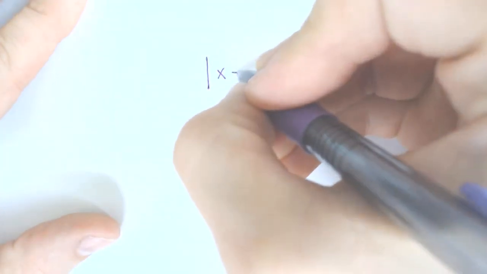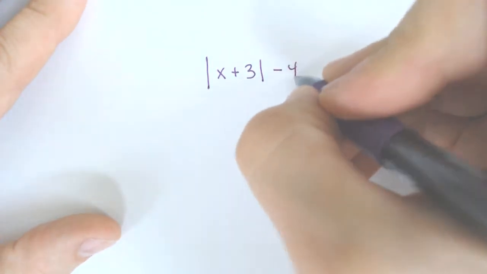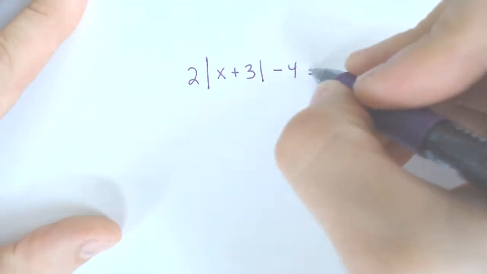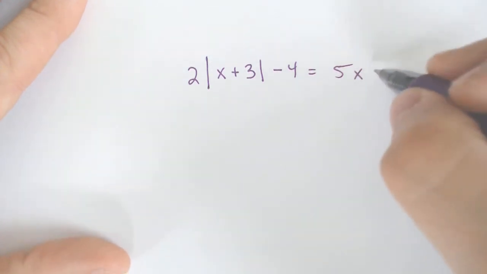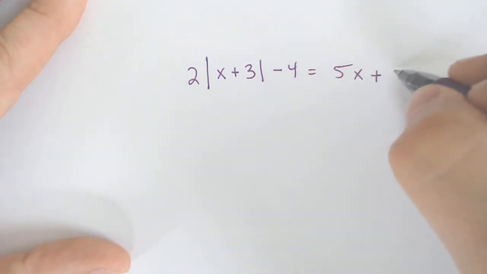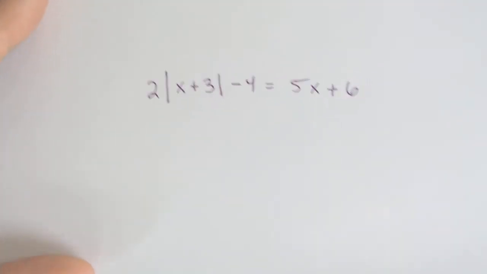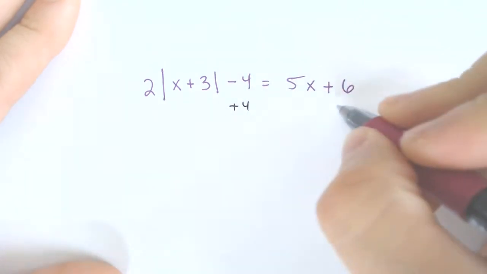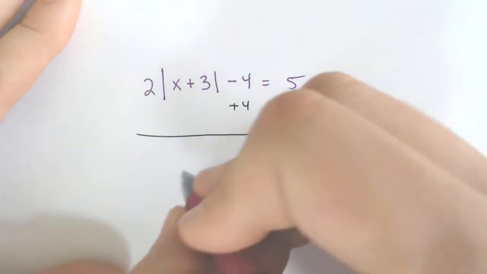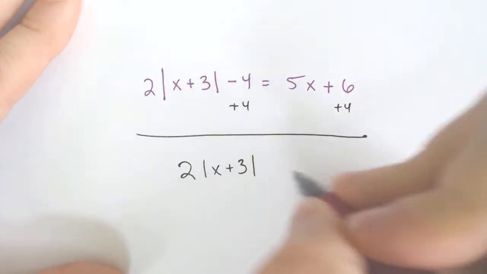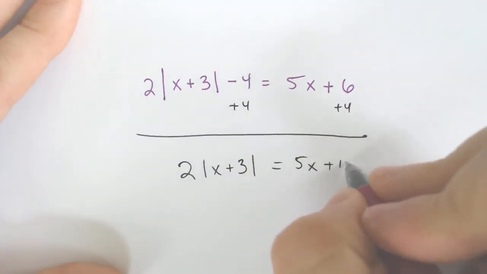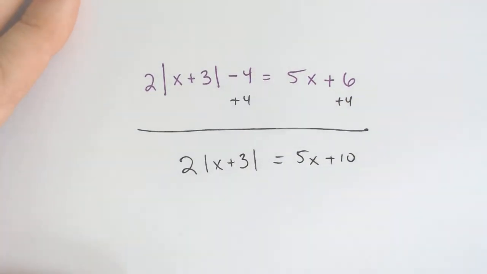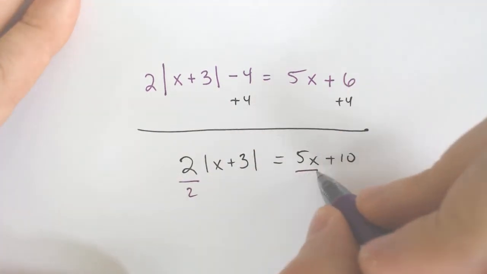Moving on. Another thing that you need to know how to do is, if you are given an absolute value equation, what would be the 2 scenarios or equations that you would end up having to solve? Given this, the first thing you would have to do would be add 4 to both sides, giving 2|x plus 3| equals 5x plus 10. And then divide by 2 individually,